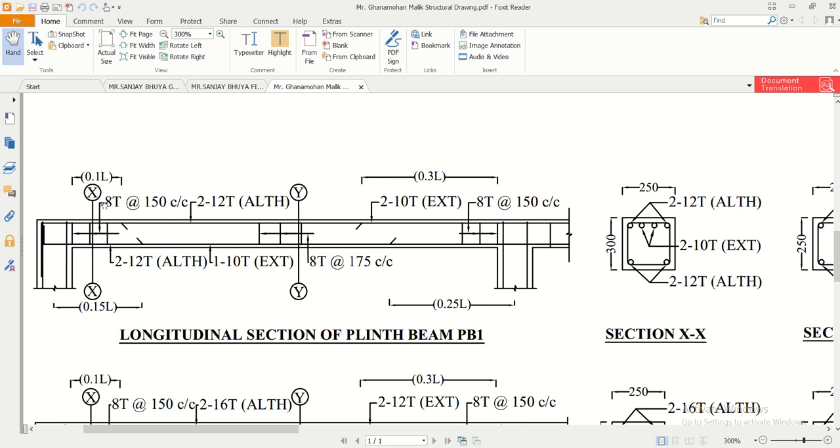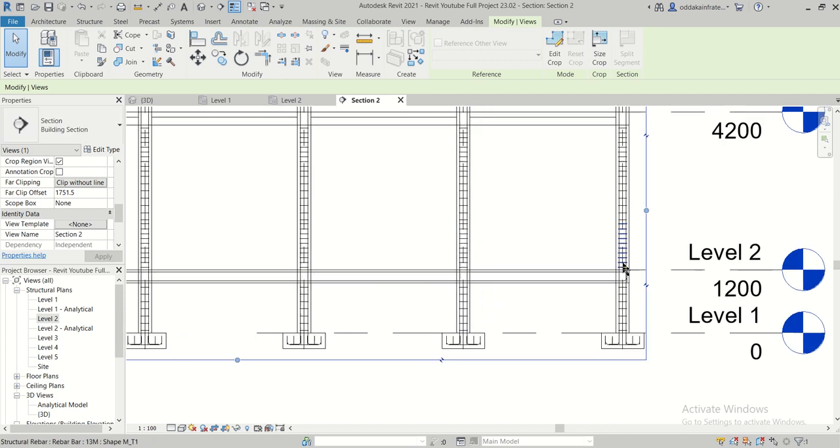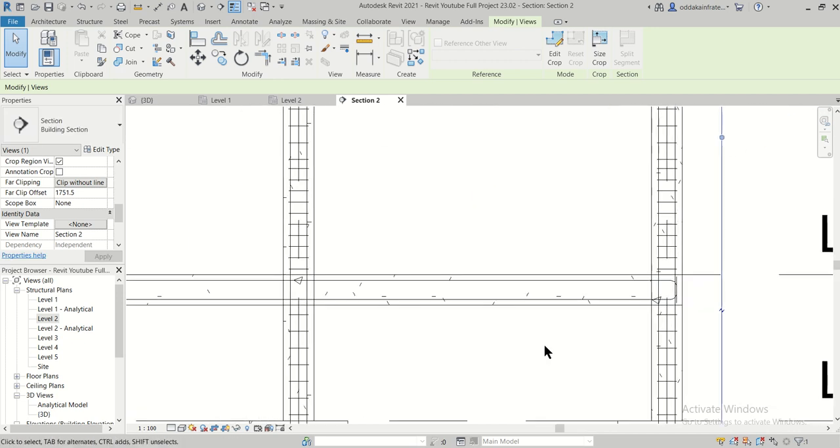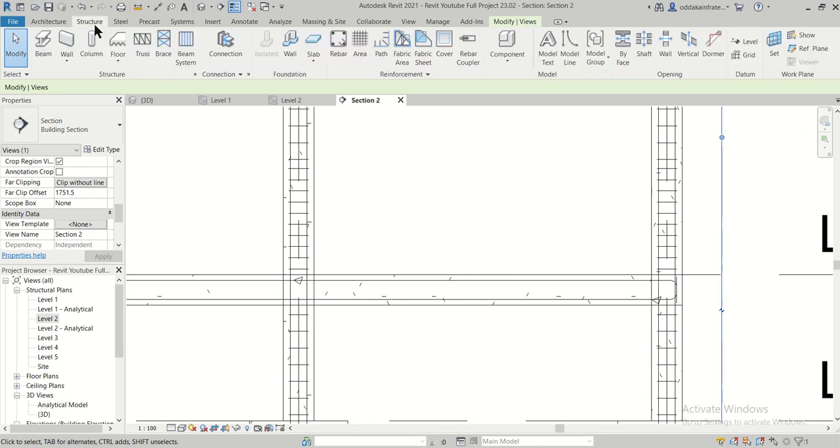So let's take a spacing of 1 meter from the supports, that is from here to here it is 1 meter, and at the continuous end, since this is 250, we'll take it at a distance of, let's say, 2.5 meter and adjust it in between. So let's do this, and the calculations anyway you can do, the 0.3L and 0.2L for the extra bars. So suppose we want to place the extra bars here.